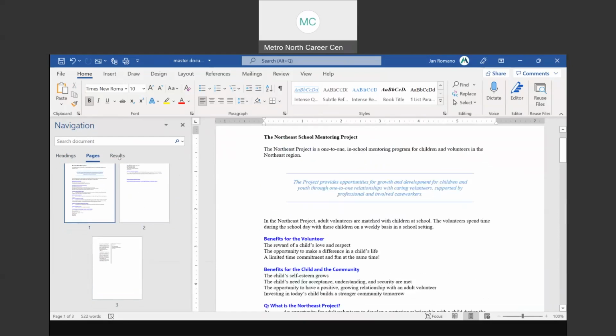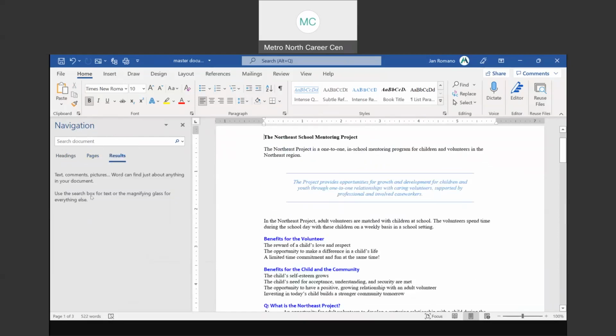You can also click on results and do a search. So Word can find just about anything in your document. So let's say you were looking for something in the document that was not already a style, that's not in the navigation pane, but you wanted to find that. So it's not a find and replace. Right now it's searching for a particular bit of information. So if I look for